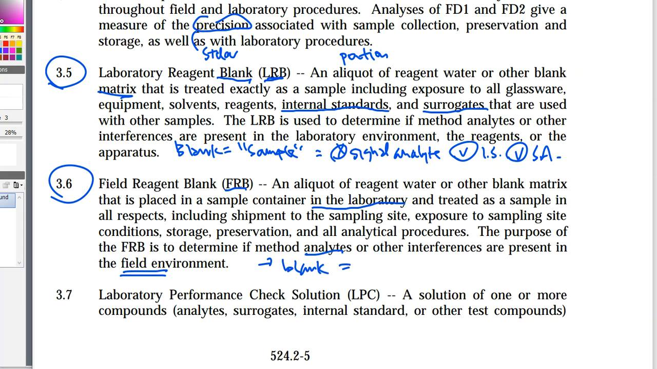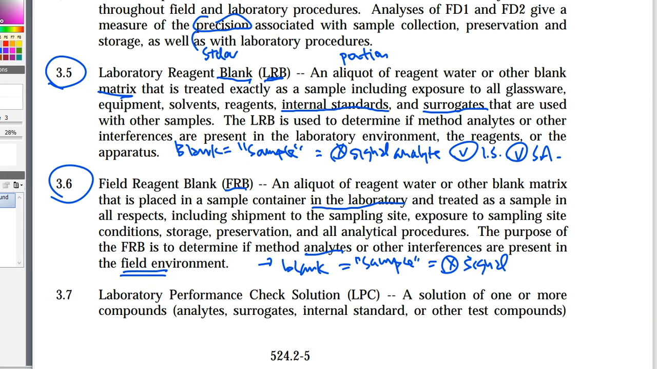So therefore, this is going to be treated as a sample, just like all the other things, and there should still be no signal that comes from this blank in the collection process. If there is, then there is a sign that the collection, the preservation, the storage, the transportation piece of this